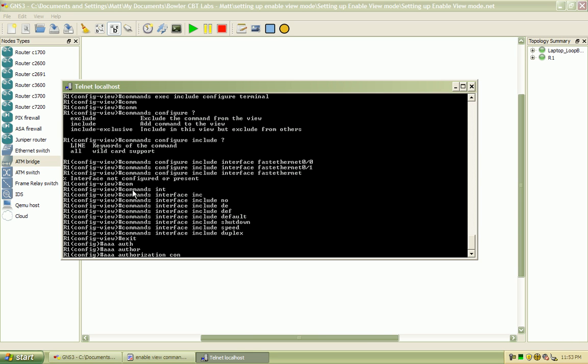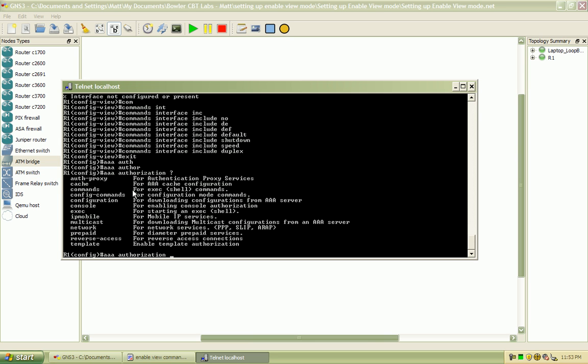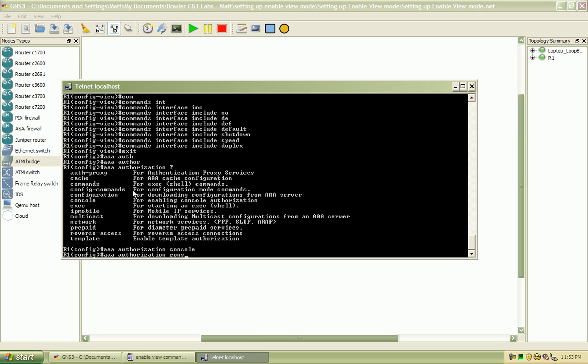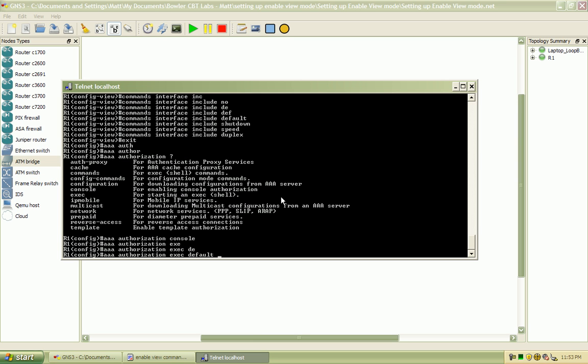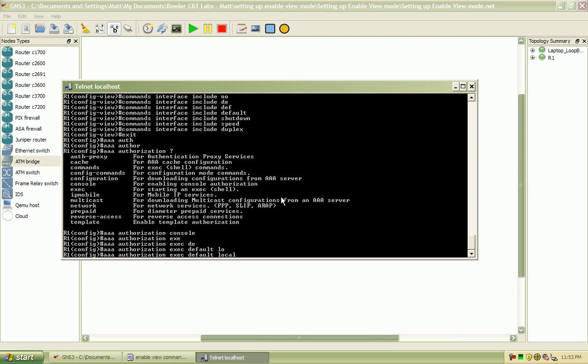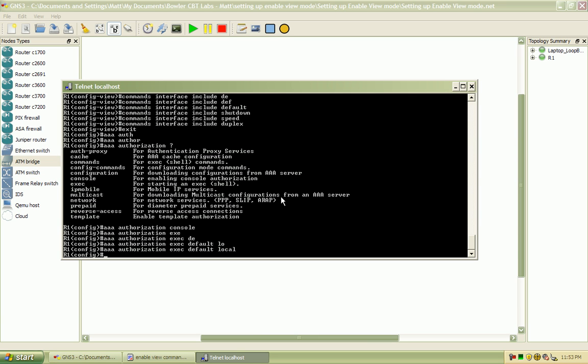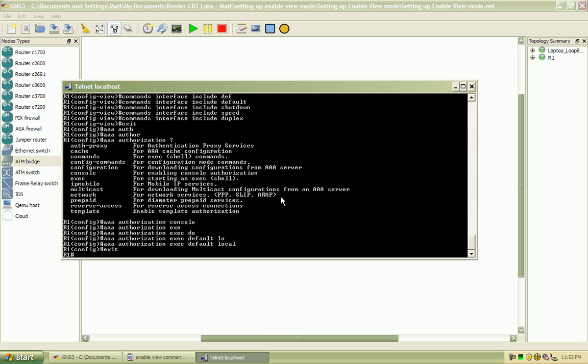So I'm going to set authorization for the console, and I'm also going to set the exec for starting an exec or shell here, the default level to local. So that's essentially going to look at their username and their user account within the local database, and if you remember, the help desk and the controller positions both have the privilege level of 0. So I'm going to exit out here